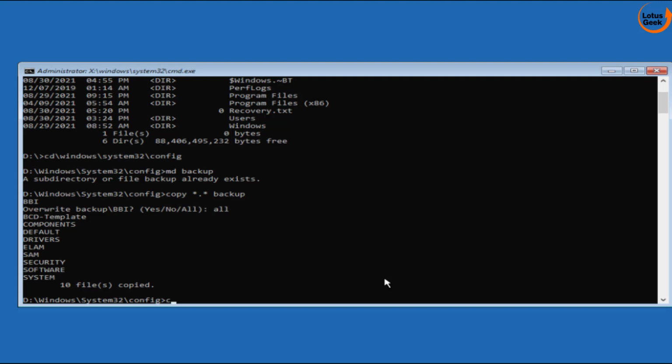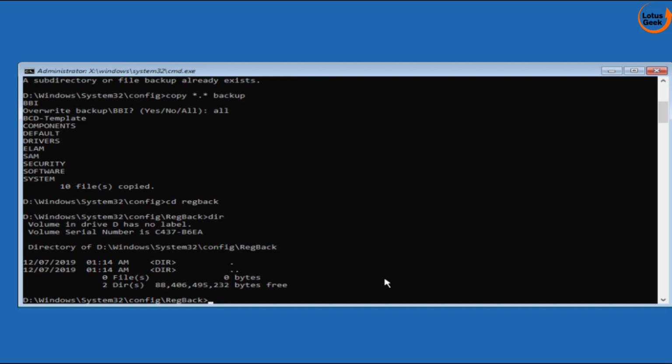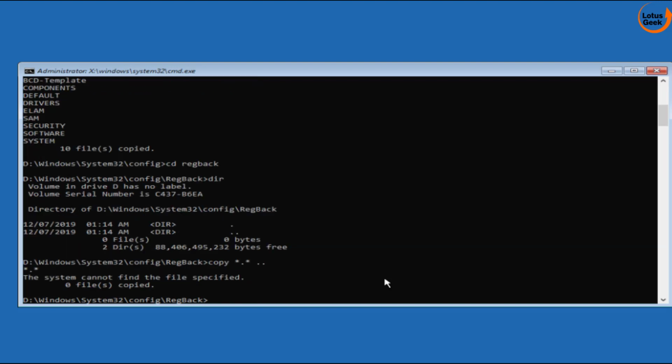Now type here cd space regback and then hit the enter button. Now here type dir. Now this time type here copy space *.* space .. and hit the enter key. At my end it is showing that the file path is not specified because I am using this system in my virtual ground.